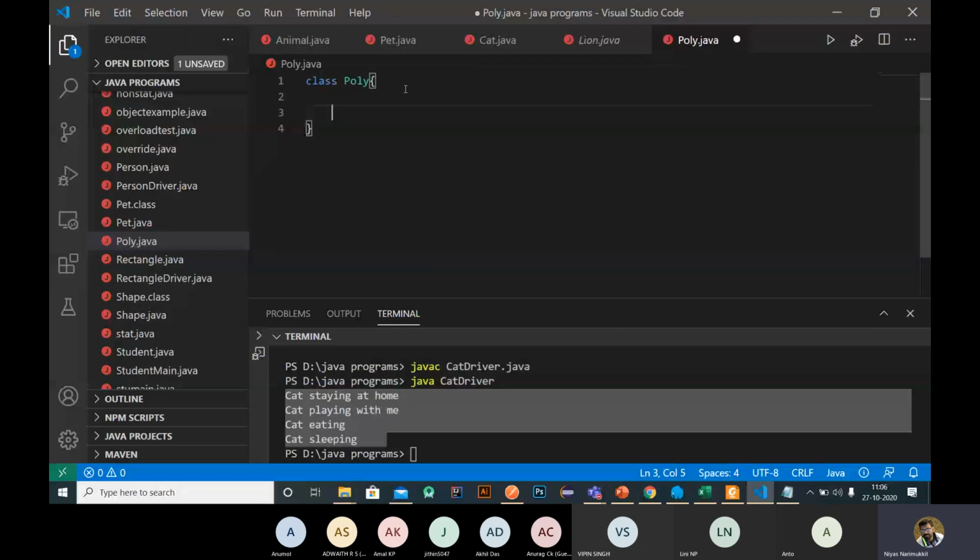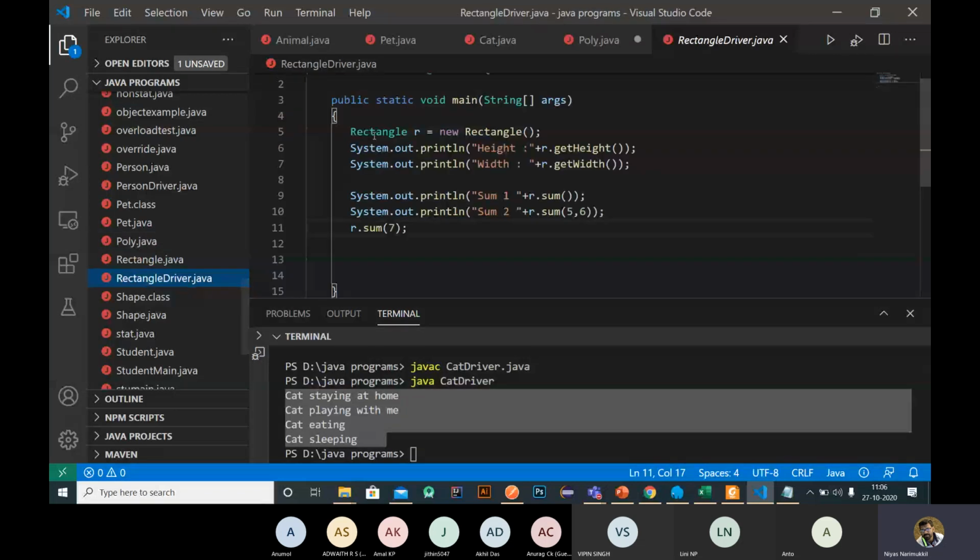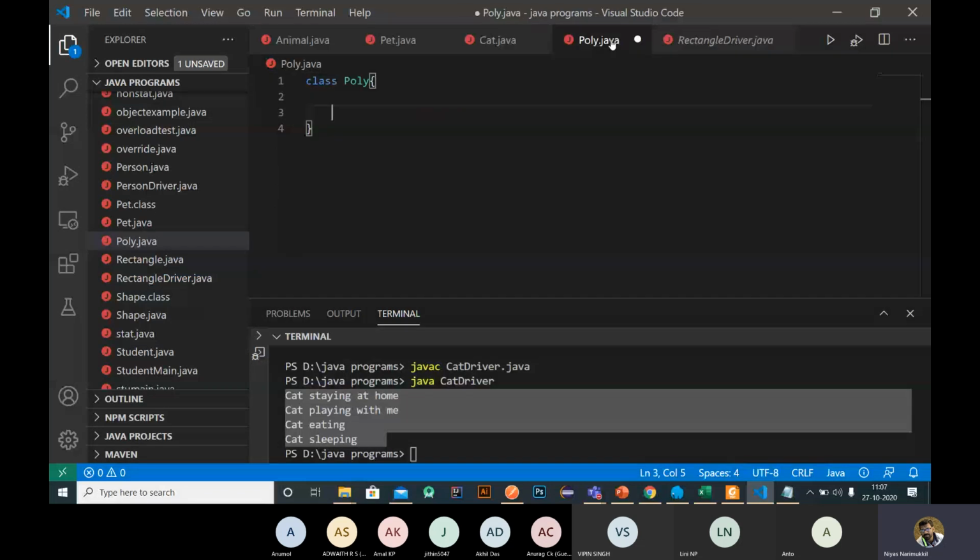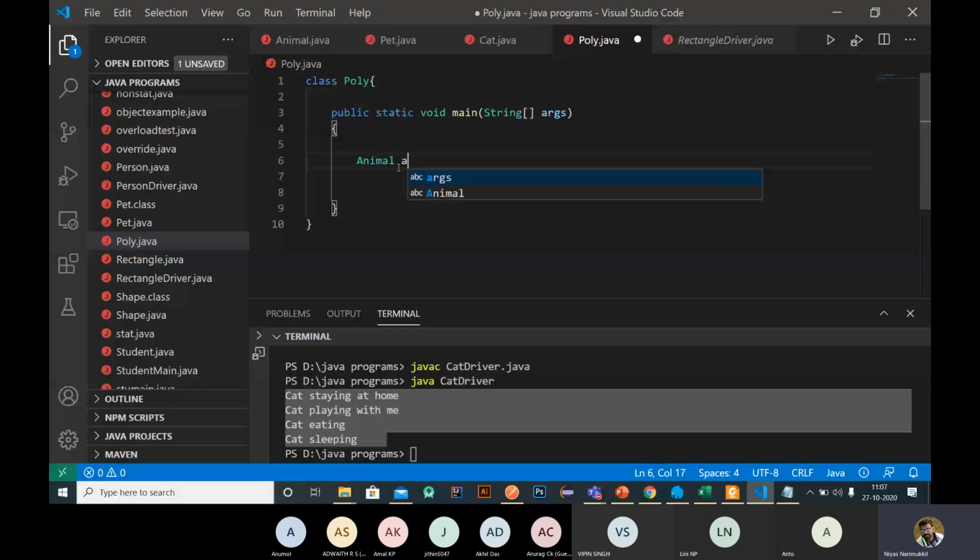I just need to use the main function here. Inside this class, I'm going to create an object reference variable of Animal, so the data type is Animal. For example, Animal A, and we are creating an object of Cat here.